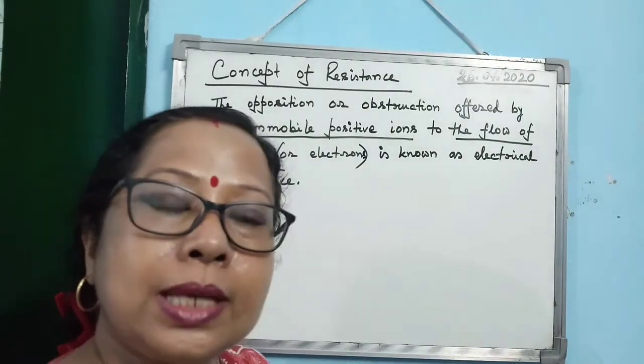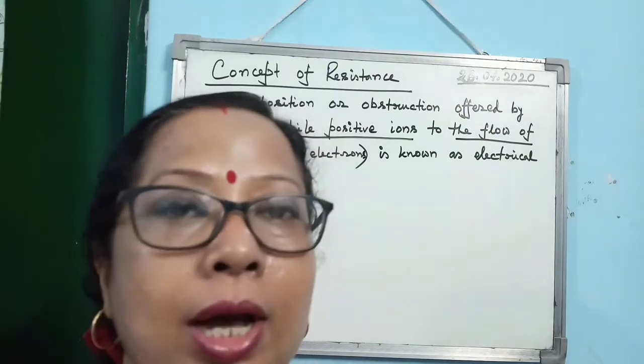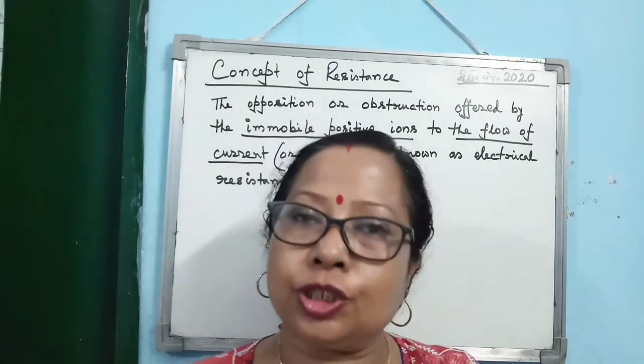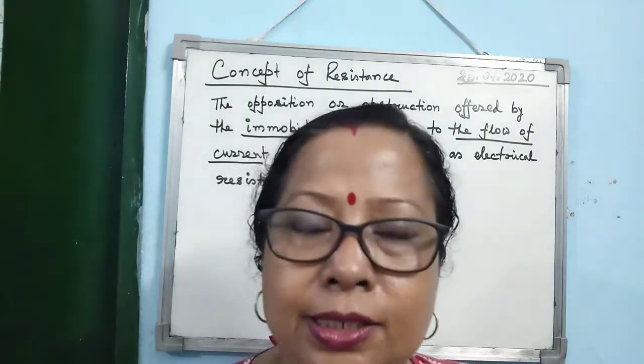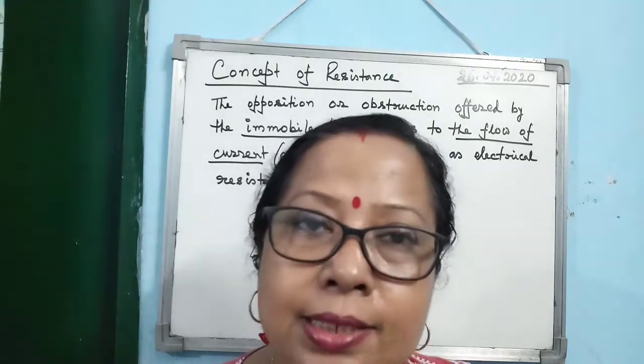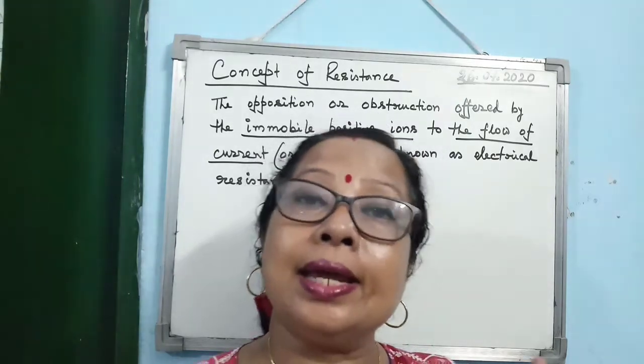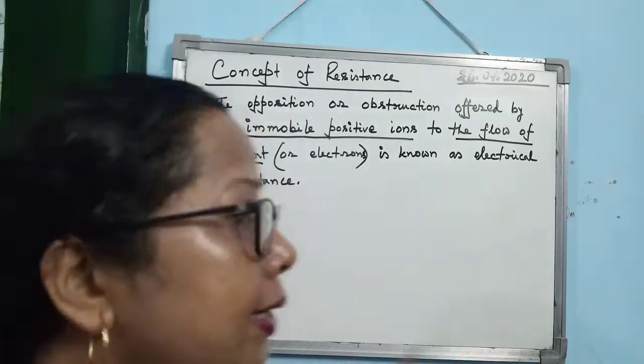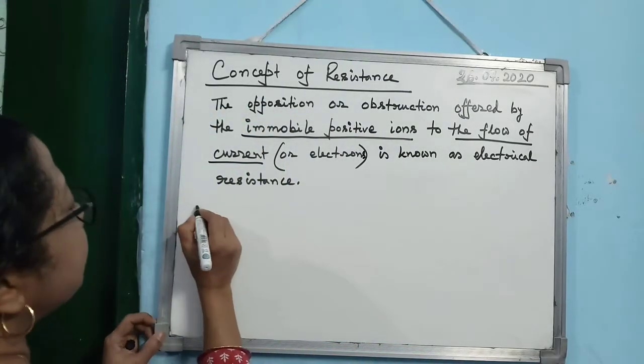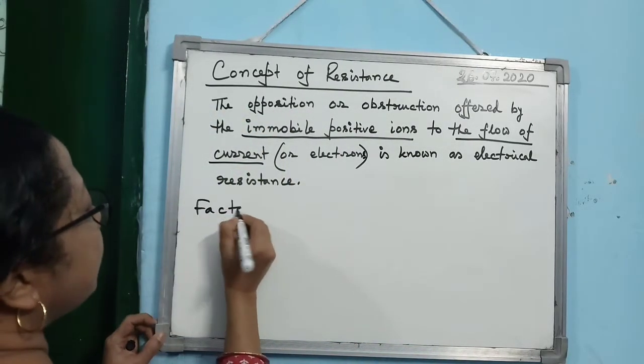So you see, we have got the concept of electric charge, electric current, electric potential difference and electric resistance. Next is the factors on which